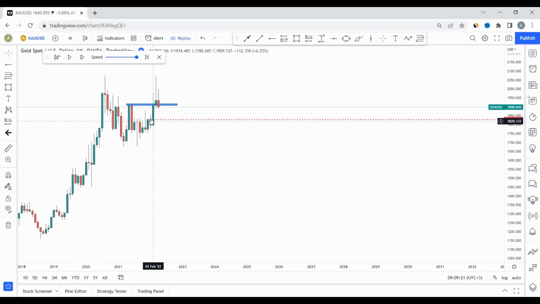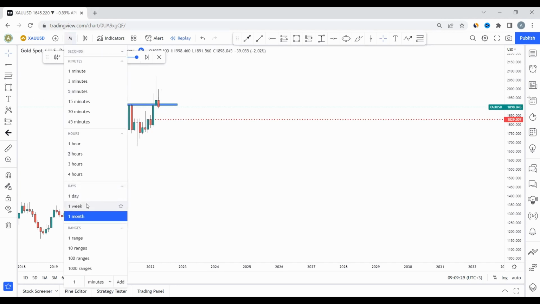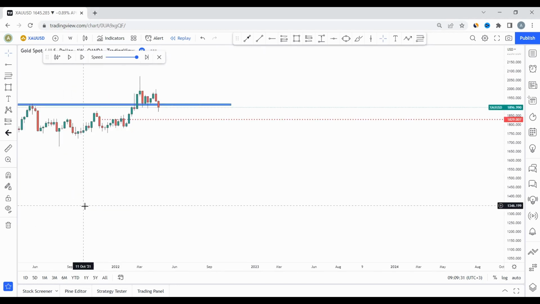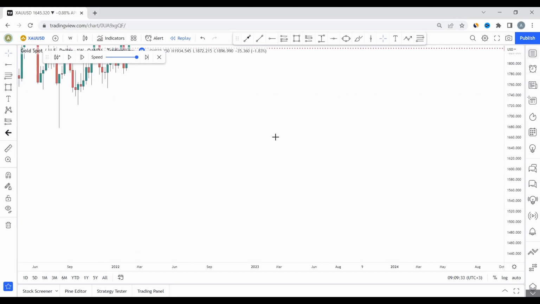Then on the retest, I won't take sales up to here, but still I won't take sales because monthly has broken below level. What do I have to look for? I have to look for a structure in weekly. So I will drop down to weekly, and I need to have a structure in weekly.